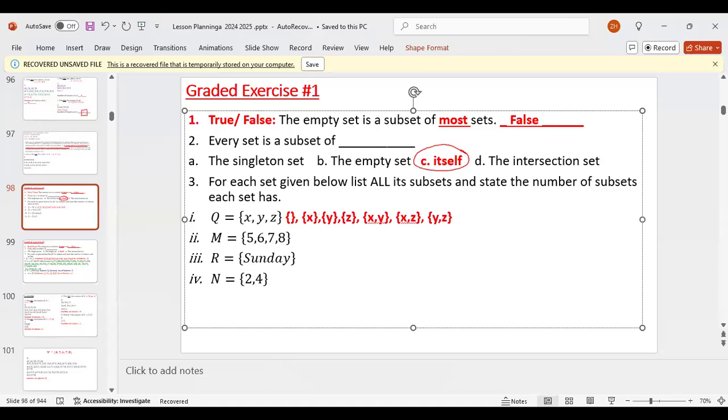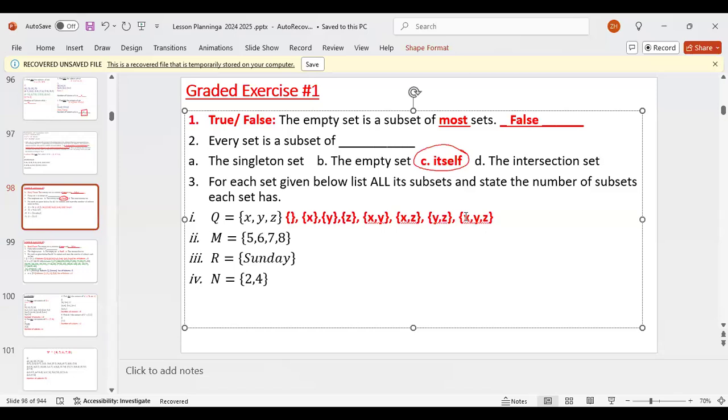Are we done? No, sir. What else we need to put? X, Y, and Z, the whole thing. All right. How many persons got this one? Don't lie now. I got it. Okay, good. My mom said she can message you. No problem. X, Y, Z, X, Y, X, Z, Y, Z, and X, Y, and Z.